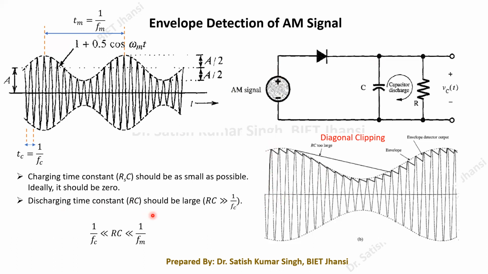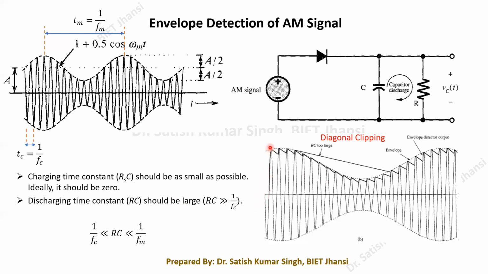So you just try to understand this concept, because when we talk about the discharging time constant, one thing that we have to understand is that this discharging time constant should be large. It should not be small. One thing we can understand directly from this picture is, suppose the discharging time constant is very small. Then when it has charged up to this point, the discharging will take place very rapidly. It will discharge very quickly.